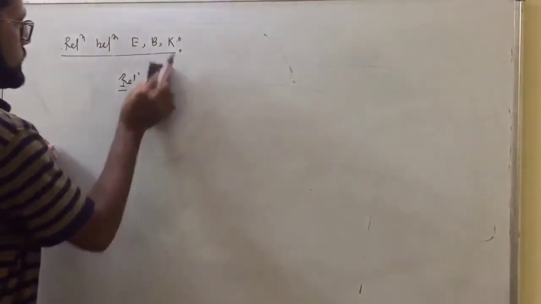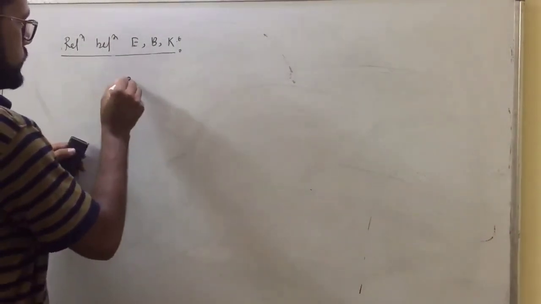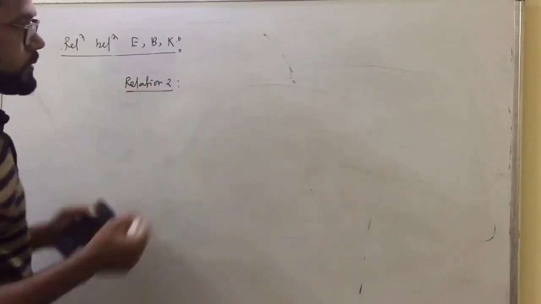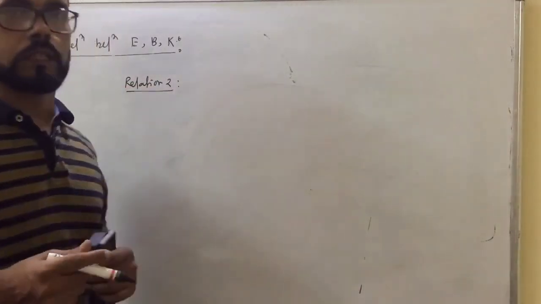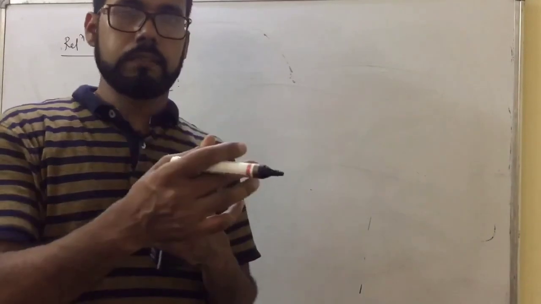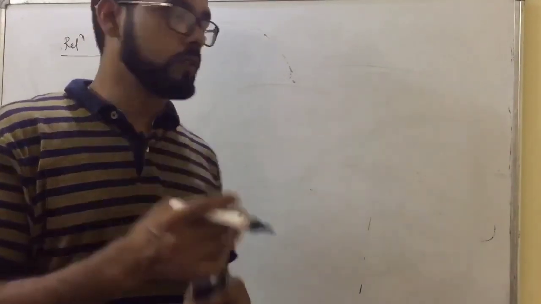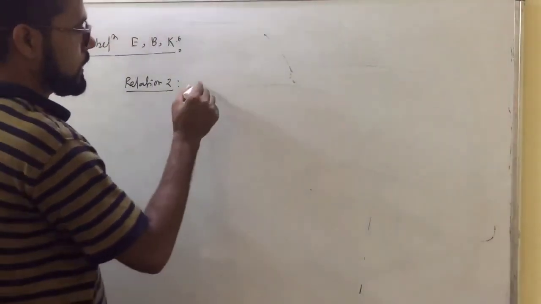Relation number 2. What is relation 2? Suppose I want to find the relation between the electric field, propagation vector, and the magnetic field. You can take any equation. I will take